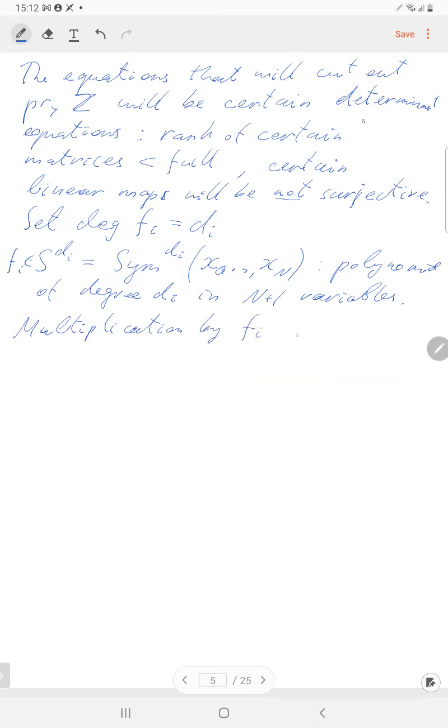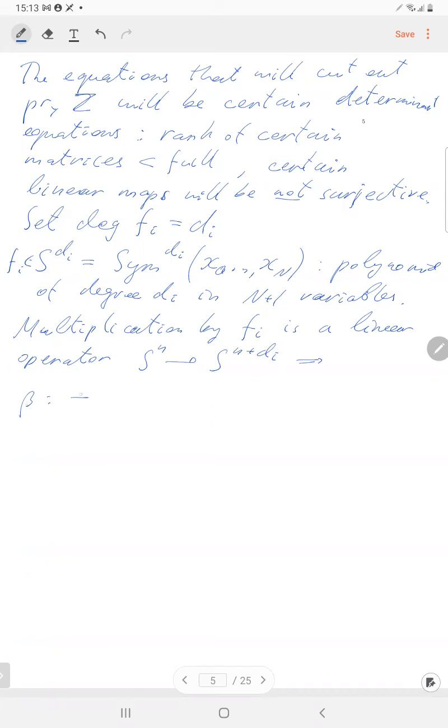Multiplication by fi is a linear operator from S n to S n plus di. Okay, and if we just add up all such multiplication operators, we obtain a map, linear operator beta,